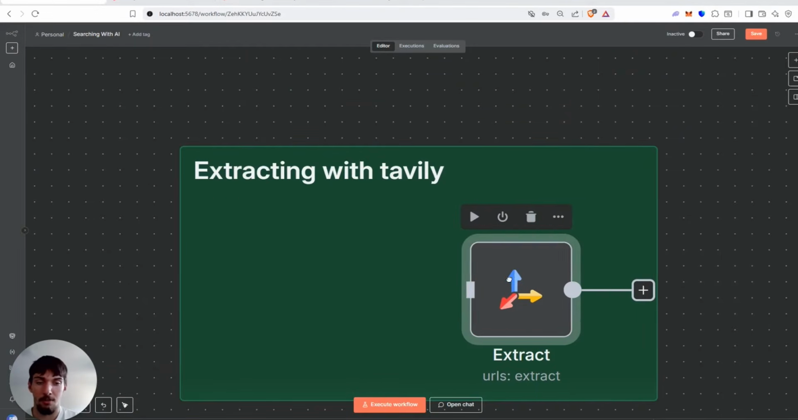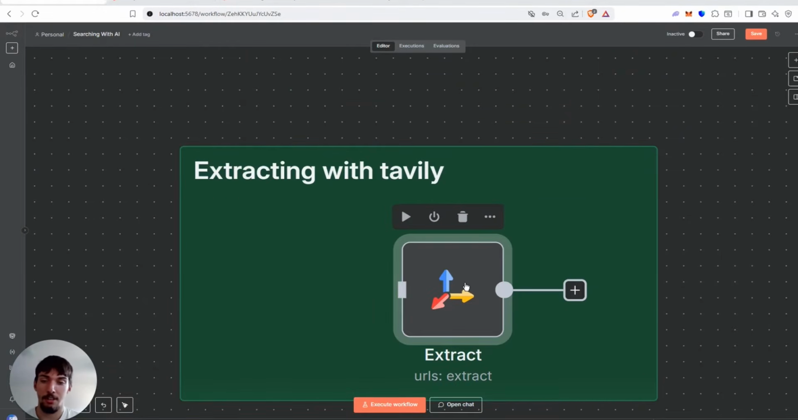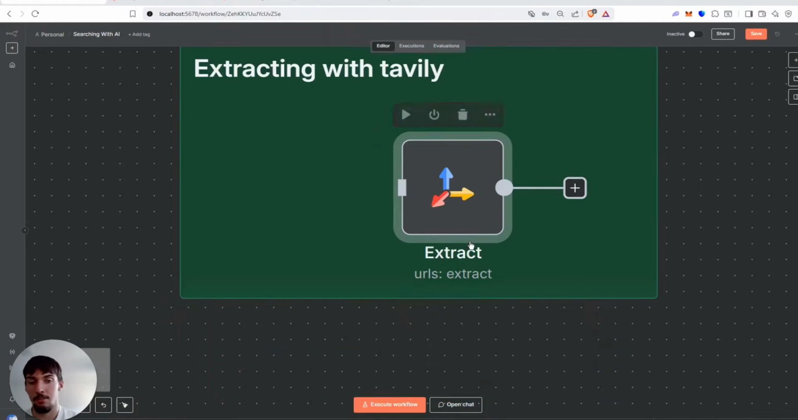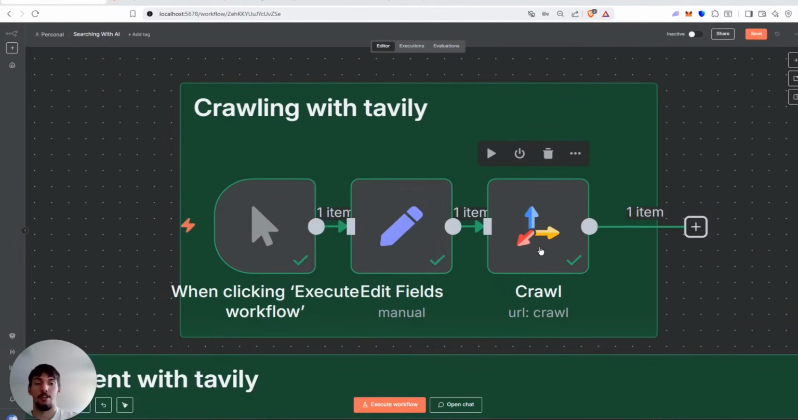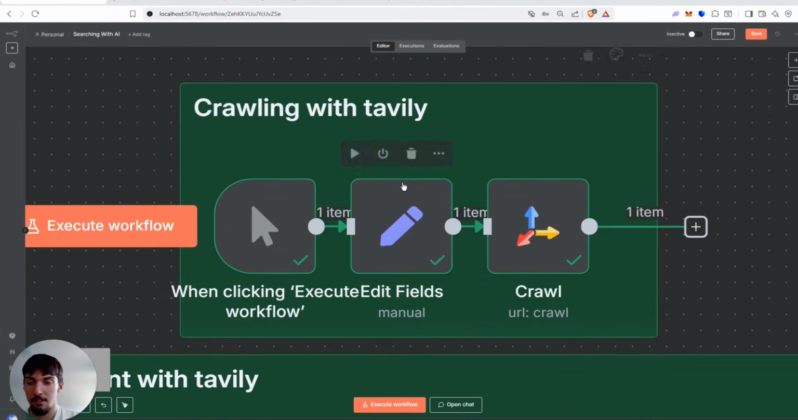Extract is for getting a link of a website and extracting whatever page that link leads to. And crawl is for just extracting every page on that domain. Now let's actually